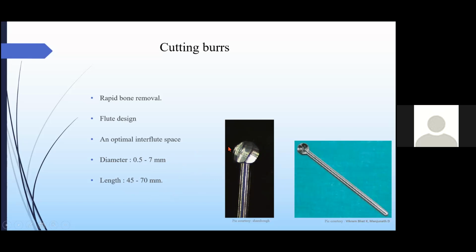The action of these cutting burrs is that when we drill on a surface, they tend to open the air cell, so we can see the bottom of the cell, and we can even appreciate the structures lying beneath it. And so, if disease clearance is required, the cutting burrs are very useful, even though we have to be careful about the pressure or the area which we are drilling, but the disease clearance is very good if we use